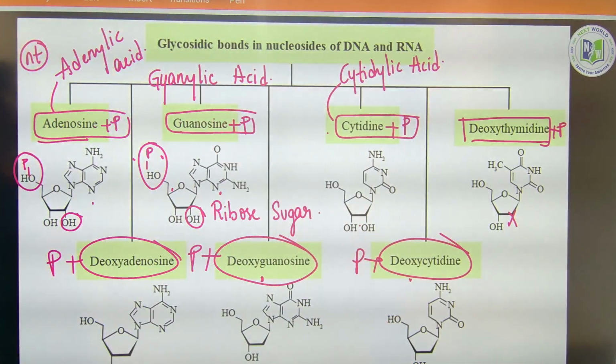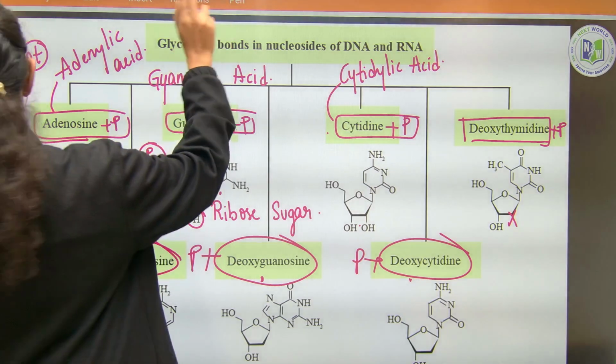Clear, right? These are the names of different nitrogen bases being attached to the sugar, and these are the names with different nitrogen bases for nucleotides as well. Fine, right? I hope this is clear. And then